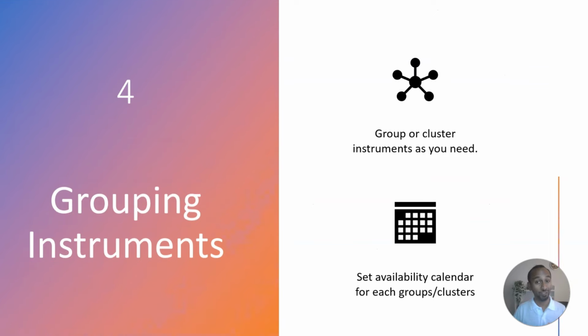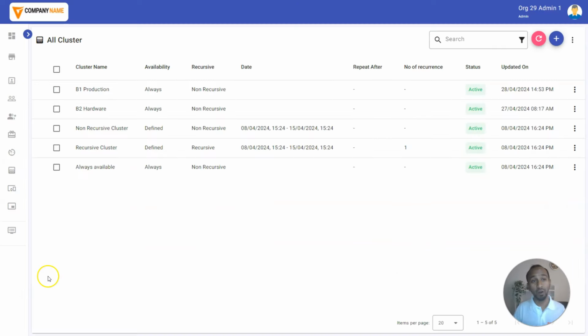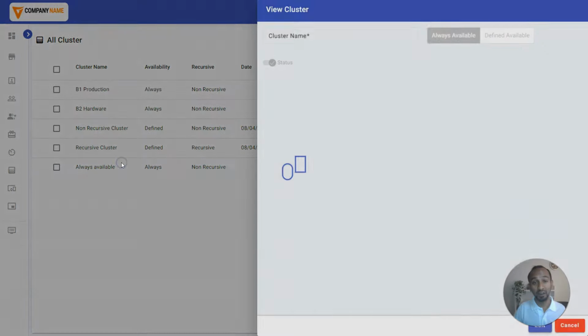Number 4, grouping instruments. You can group or cluster the instruments as you need to set some behaviors. For example, you can set some availability for some set of instruments, only then those instruments become available for calibration. When we go back to all clusters, here you can have a look at some set of clusters that are in specific locations, like in specific building 1 or building 2, production line or hardware lines, a hardware team, or you can set your own name for the locations and also set whether it is an always available instrument